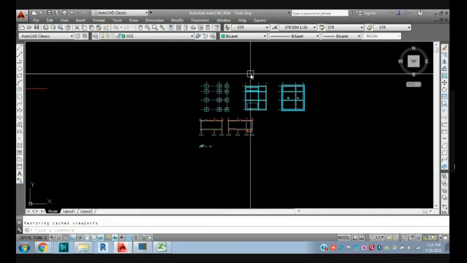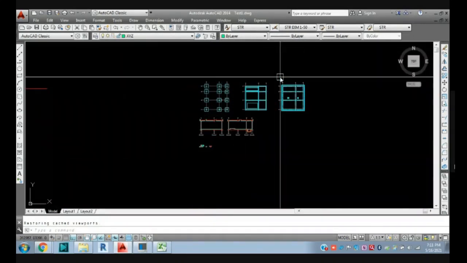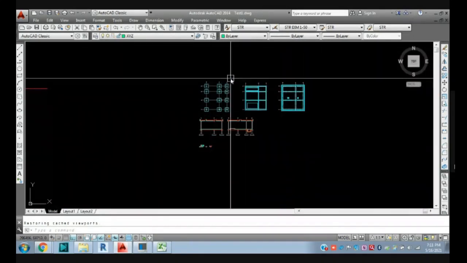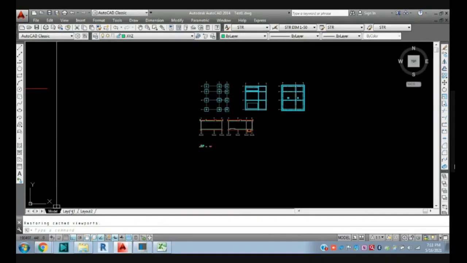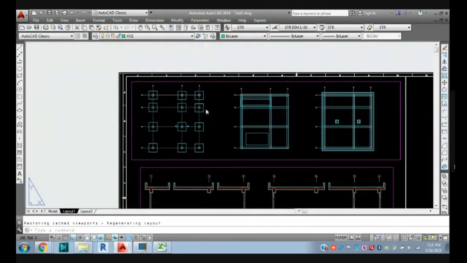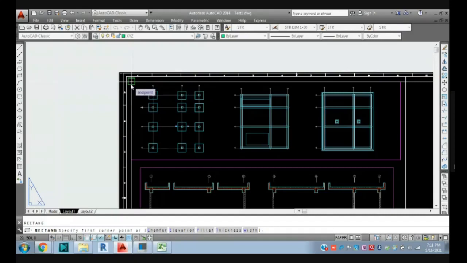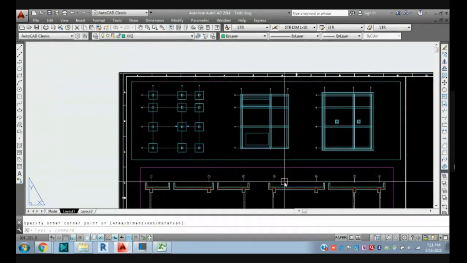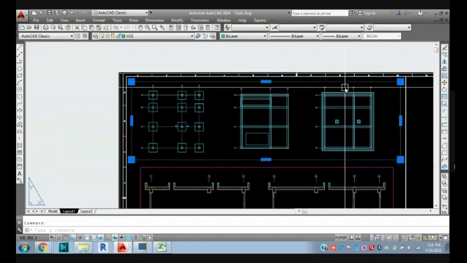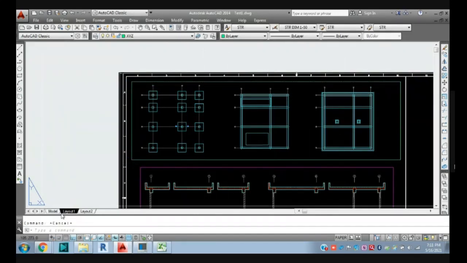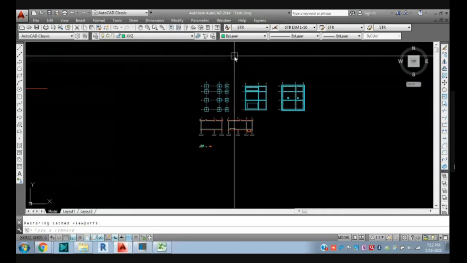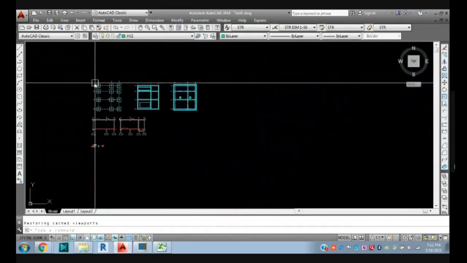You can see there is no block here, just a boundary for the reference plane. So what we'll do, draw REC, means rectangle, from here to here. You can see this rectangle is on layout space. If you look in the model space, there is no rectangle.